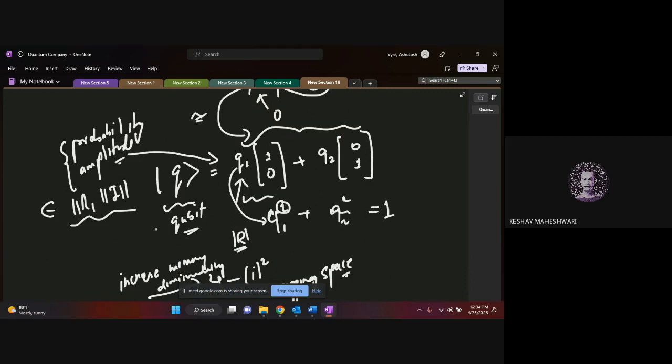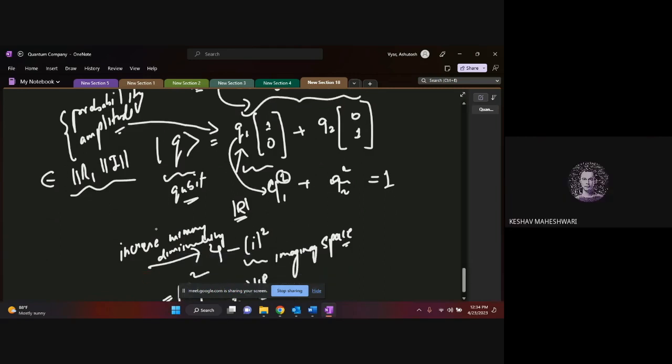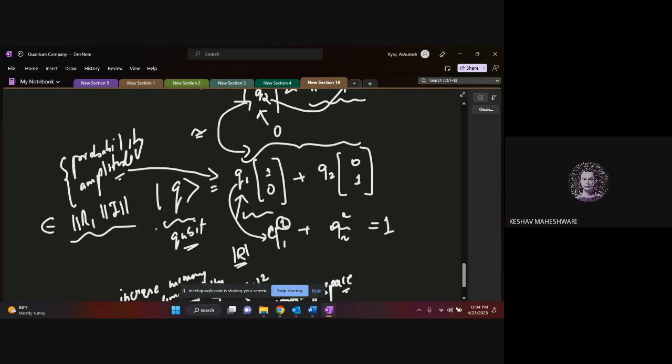Sir, yeah. So how can we realize complex numbers physically? You don't have to, because physically you can only realize the square of that number. But internally, for your mathematical computation, you are realizing imaginary numbers, right? The only physical observation is the square of that particular number.